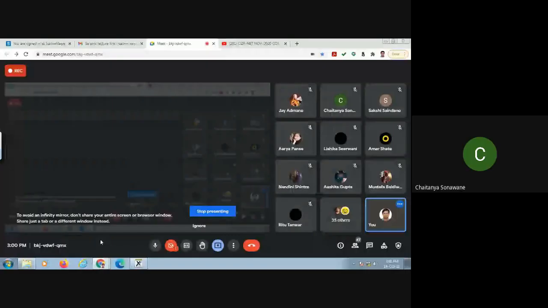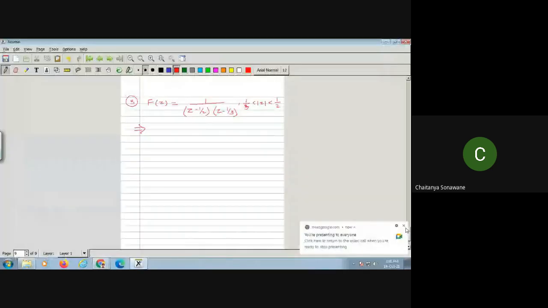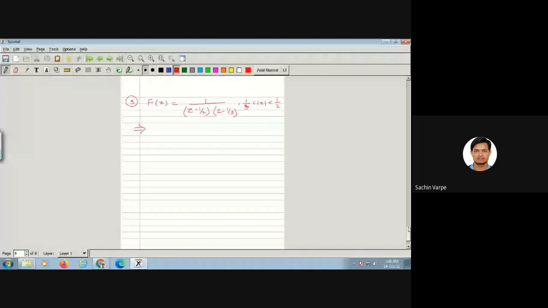Discuss the previous examples. Hello, am I audible? Yes, sir. Okay. Because we have discussed the previous example as a single term in the denominator. We have given here the two terms. So can I split these two terms? Can I split the two factors in the denominator? Do we have any method for that? For splitting the factors in the denominator?